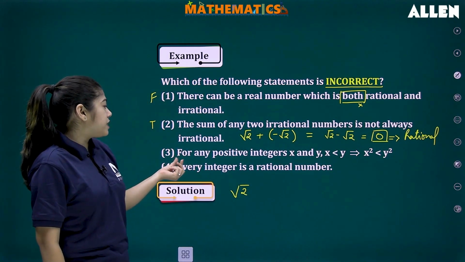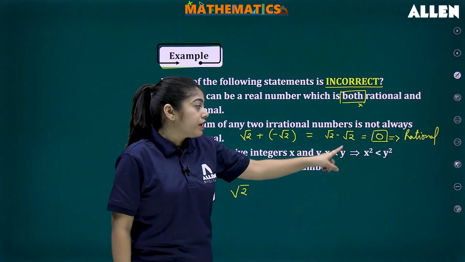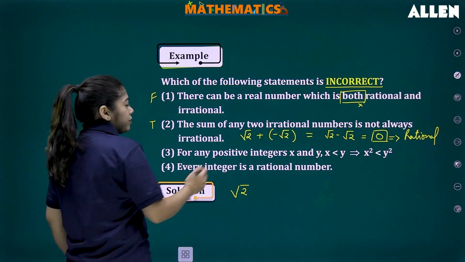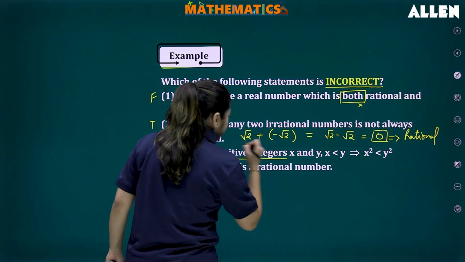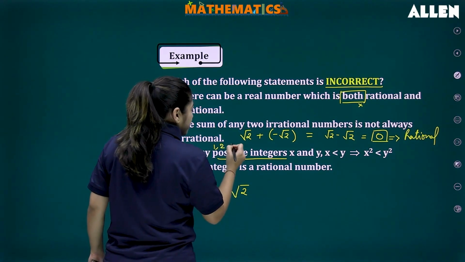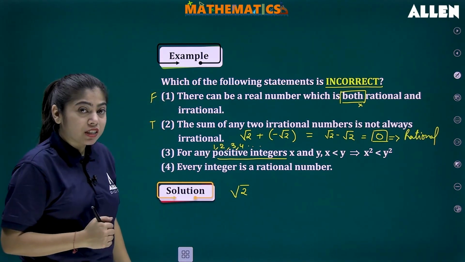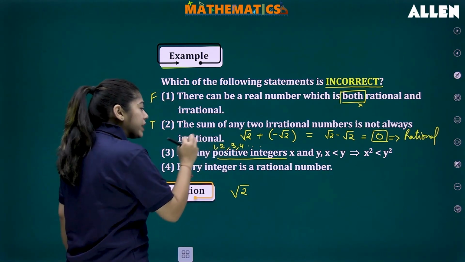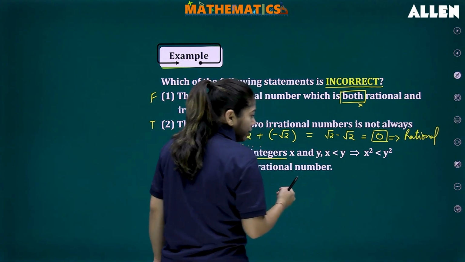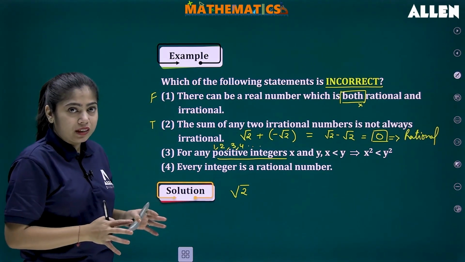The next one you can see: for any positive integers x and y, x is less than y says that x square is less than y square. Now here what kind of numbers do we have to pick? Positive integers. So what are positive integers, class? Starting with 1, then 2, 3, 4 and so on. All these types of numbers are called positive integers. Now here we need to pick two such integers such that x is less than y, right? One integer will be less than the other one. So when we put a square on both of them,